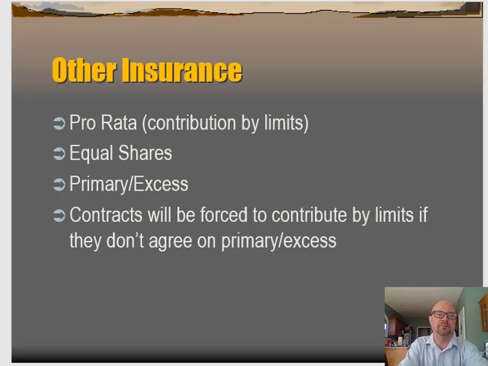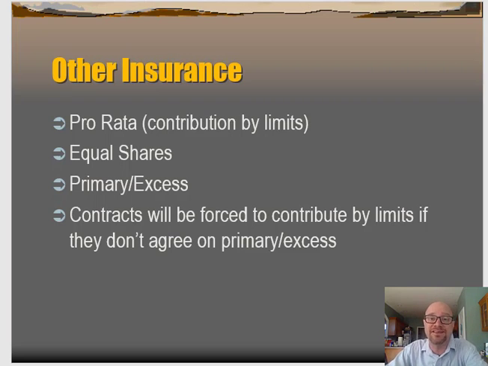There's a decent example in the book, and this is a fairly simple idea. So I don't want to make it more complicated than it sounds. Let's say insurance company A is providing $500,000 of insurance. Insurance company B is providing $1 million. Okay, well, the total is $1.5 million. 1/3 of it is provided by company A. 2/3 is provided by company B. So if there's a $300,000 loss, 1/3 of that, $100,000, is paid by company A. 2/3 of that is paid by company B.